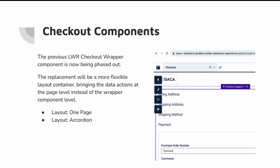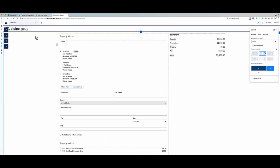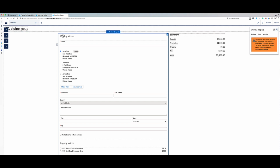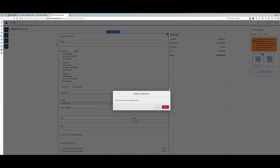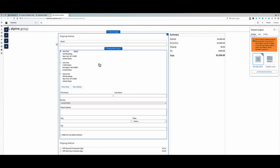Absolutely, Shane. Let's jump in here to my checkout page. Okay, so here you'll see the standard checkout page. Right now, because I have not made any changes to this site, I still have the now legacy checkout component. Inside of this component, we did have some customization options. You could choose a one-page checkout layout, and we had a few different components, like shipping was one large component. I'm going to remove this completely from my checkout page here,